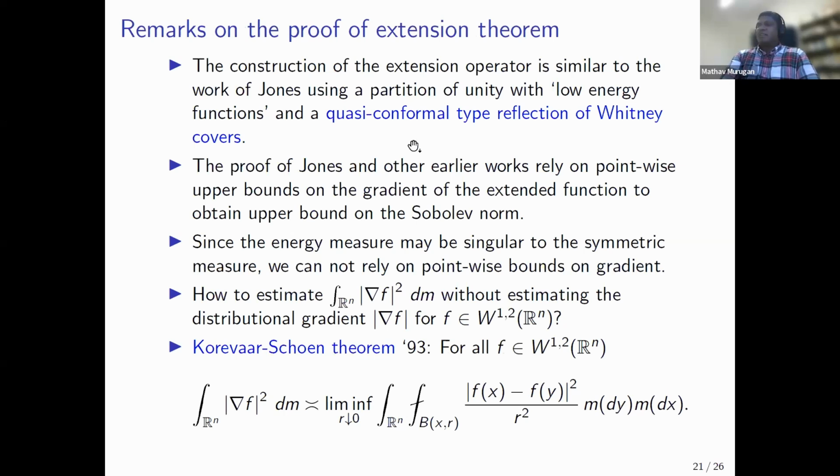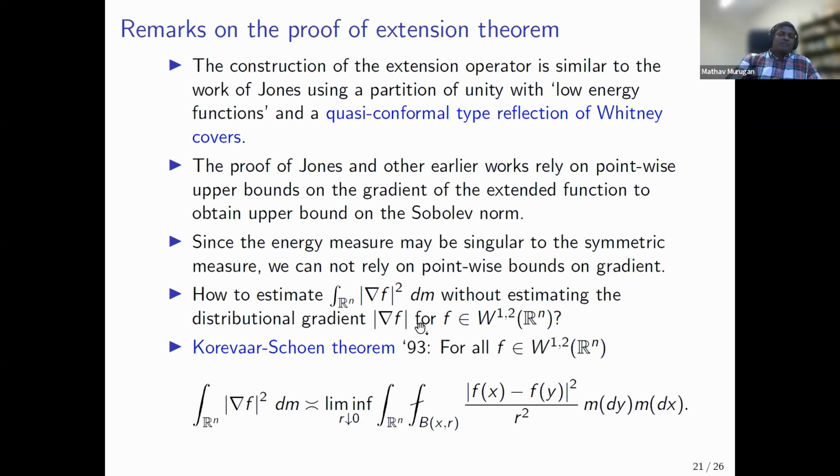Maybe I should skip some of this because I'm running out of time. So in the proof of Jones, one actually relies on pointwise upper bounds on the gradient, or the distributional gradient, of the extended function to obtain an upper bound on the Sobolev norm. But in our case, the energy measure may be singular to the symmetric measure, and we cannot rely on pointwise bounds on the gradient. So there is this question: how to estimate the energy of a function